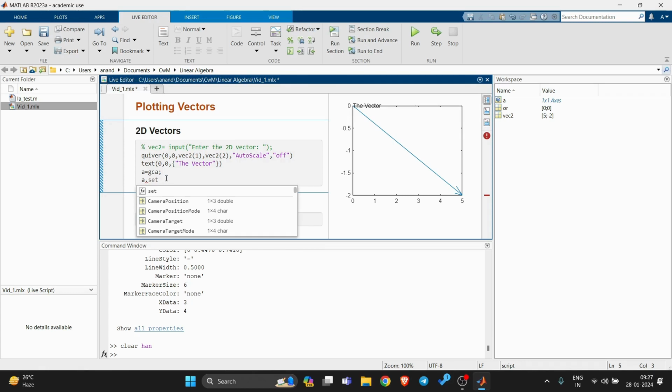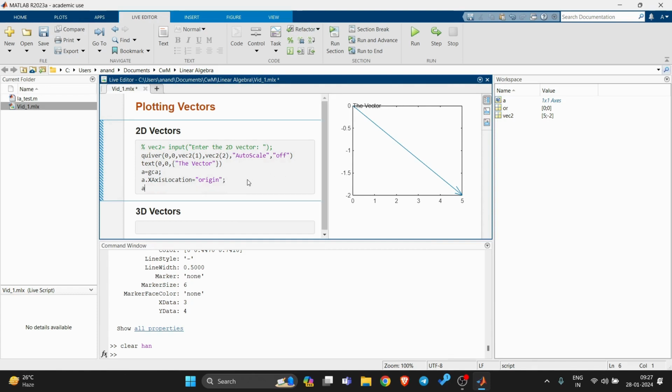So if I type a dot x-axis location, and if I type origin, this shifts the x-axis to the origin, and a dot y-axis location to the origin, and